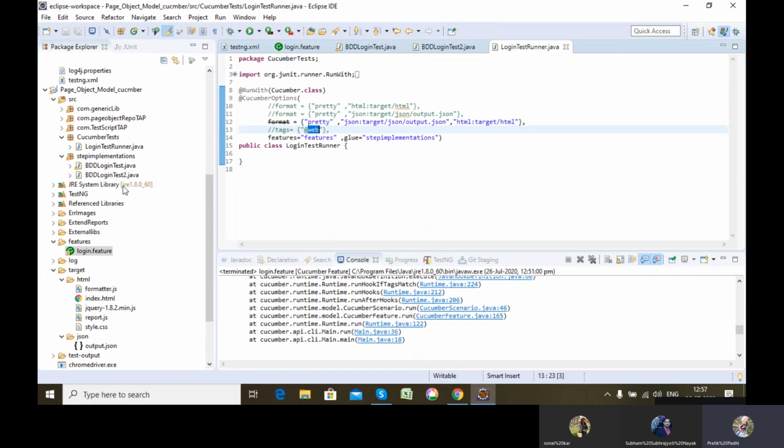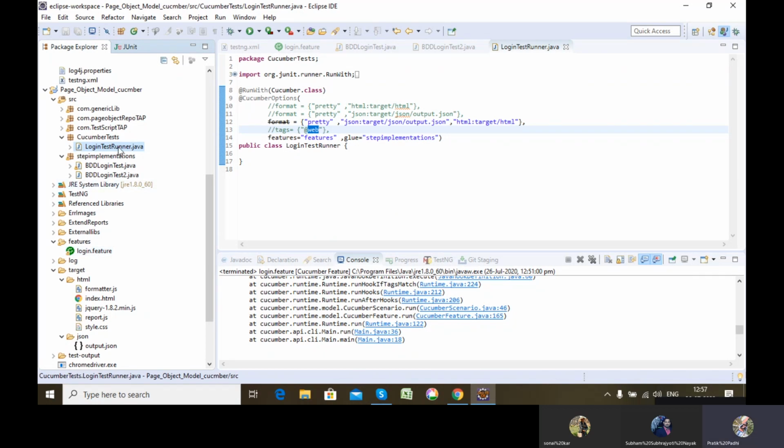Once this test runner file is created, you have to always run from this test runner file. You will never run from the feature file. You can run it from the feature file the first time you are creating it, to get the skeleton of the functions which you need to define in the step definition file.